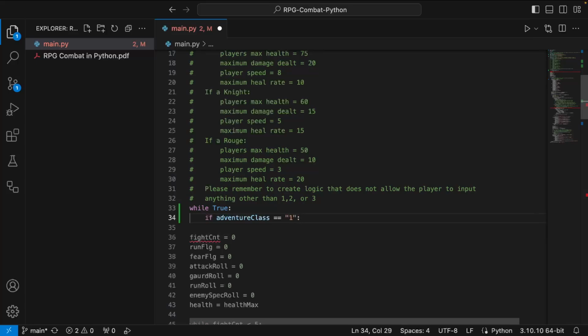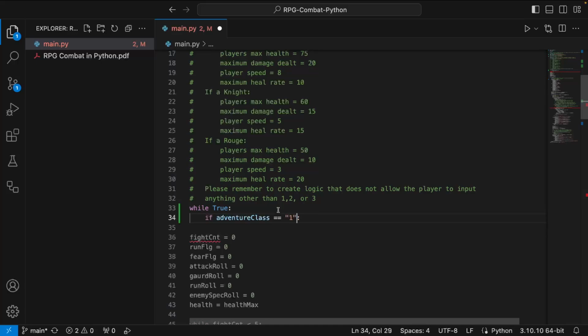Now, I think this is my SQL programming coming out in me. I always wrap things in quotes. And I'm not quite sure, because it's returning as a string, right? That's what the input is doing, it returns a string.